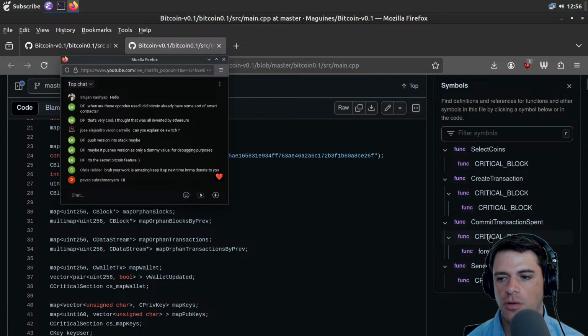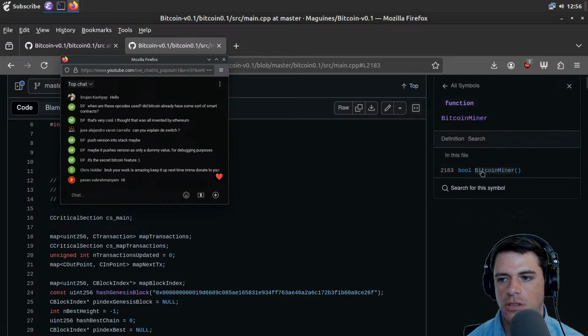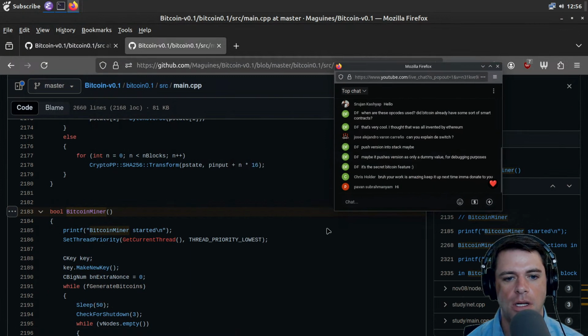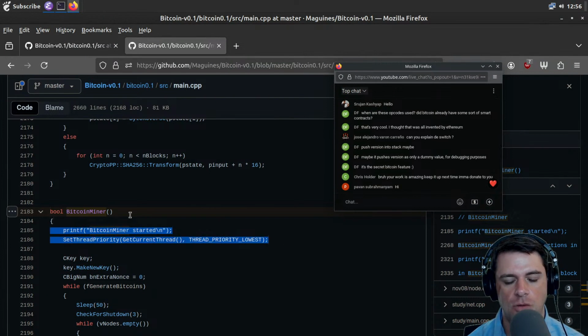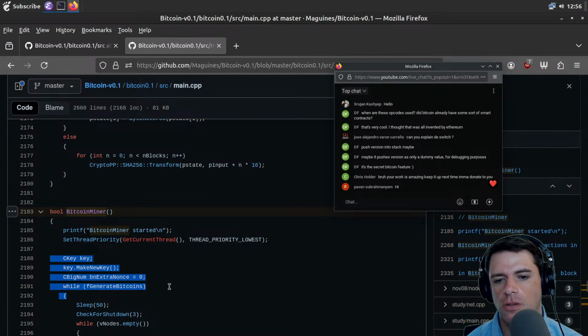We have send money, critical block. Oh, no. Send money, commit transactions spent, create transactions, select coins. Bitcoin miner is a function. Let's look at Bitcoin miner. Bitcoin miner started. So we're going to set thread priority on the current thread to the lowest priority, because I guess we are the non-mining thread. Or maybe we are setting the miner thread to priority. I'm guessing we're setting the miner thread to priority, maybe so that we don't take over the machine. At any rate, we create a new key,